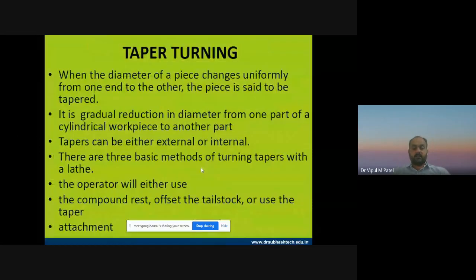Now we are discussing taper turning. We have already discussed some important operations we can carry out with the lathe machine, so today we are going to discuss taper turning and thread turning. What is the importance of taper turning? When the diameter of the workpiece changes uniformly from one end to the other, the piece is said to